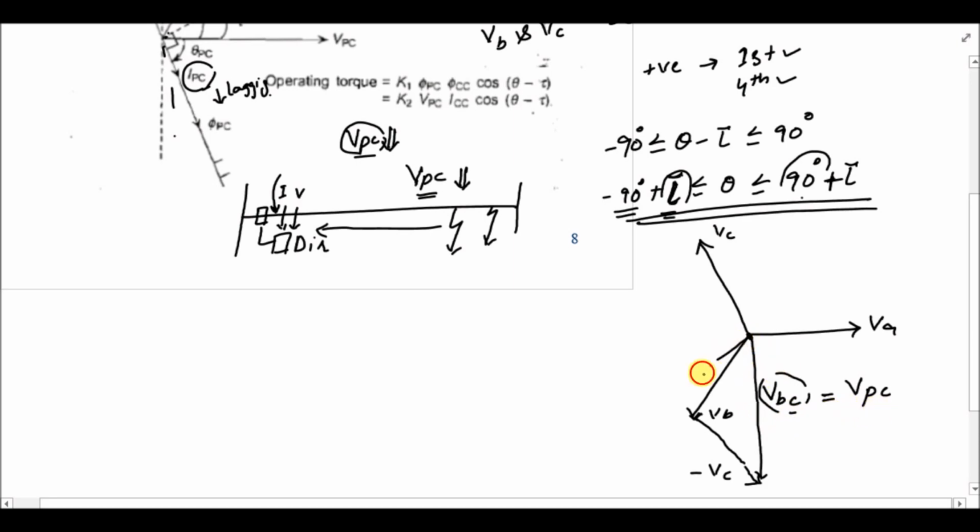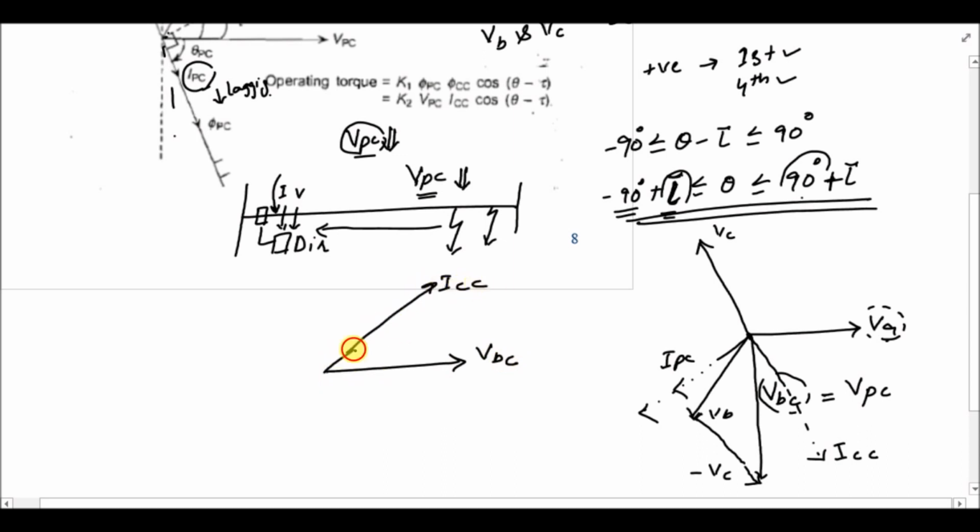This will be in this direction, this is your IPC, and the fault current will be with respect to this VA, which will be somewhere here closer to 90 degree, right? ICC. So if I rotate this phasor, it will be something like that: VBC,